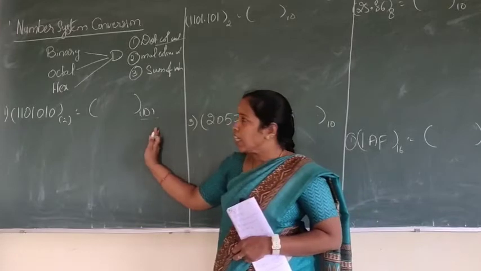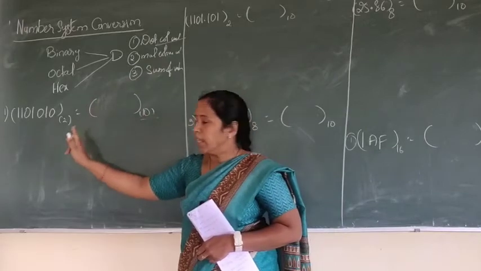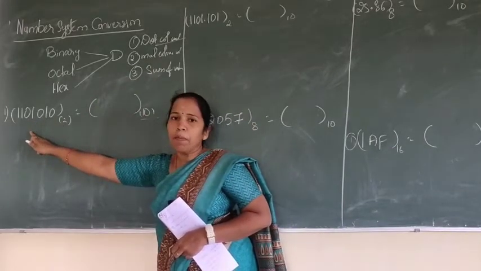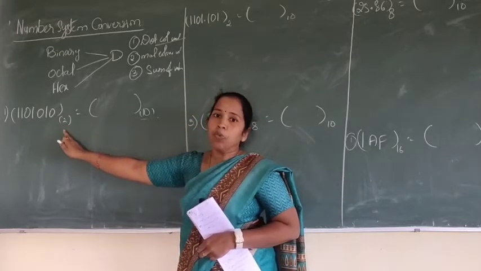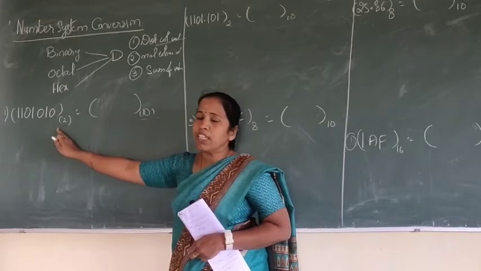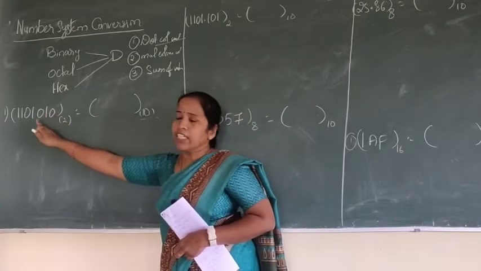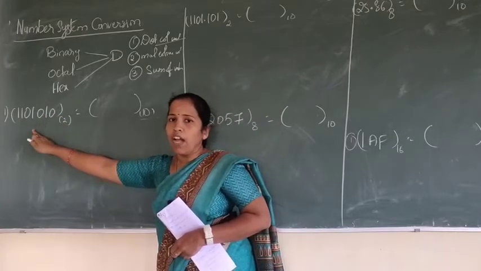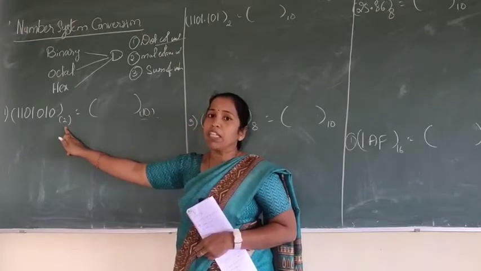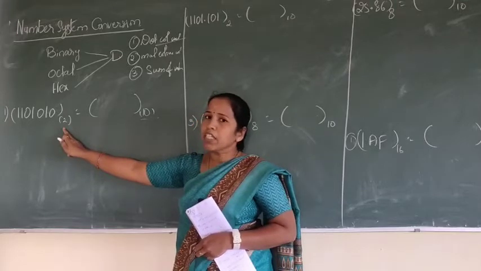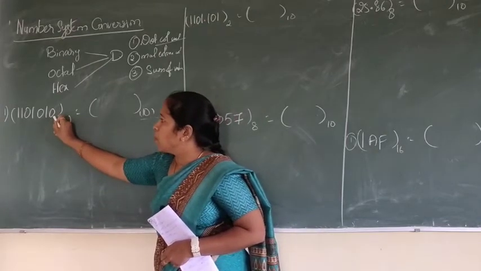In this case, the first step is determining the column values. The column values are the individual digits of the number multiplied with the positive powers of 2. The first conversion is binary to decimal, so each and every digit is multiplied by the positive powers of the base of the number system. The base of the binary number system is 2. So if I take this example, it will start with positive powers: 2 to the power of 0,